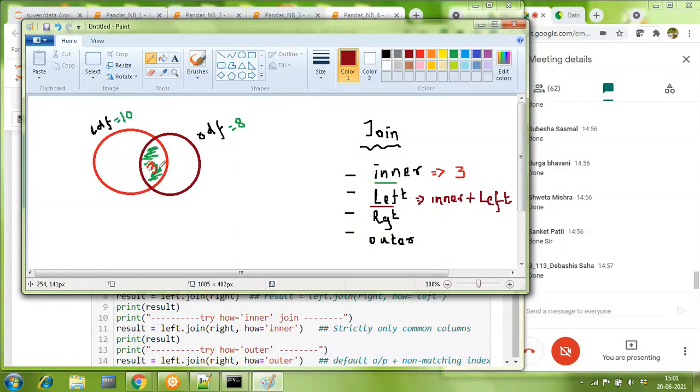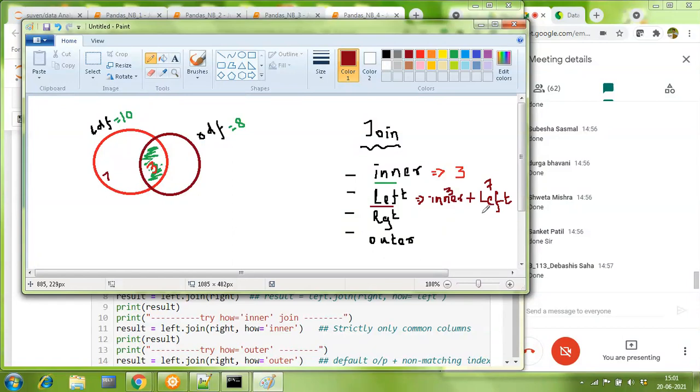I'm sure you're smart enough to guess this: 10 minus 3 is 7. So 3 records are the ones common to both, and 7 records are those which didn't match with the other table, RDF, but were in LDF.